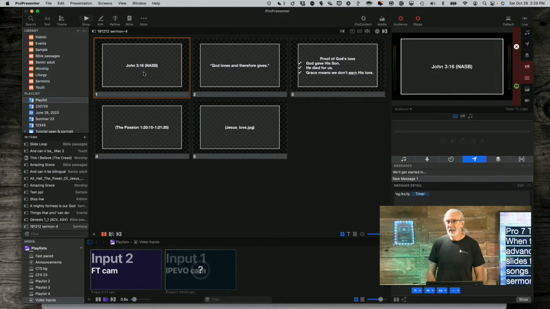But I'm probably not going to leave that up all that long, because after it's being read, people are probably not writing down the entirety of the verse. They've probably got their app open, the Bible app, or they've got a paper Bible. Either way, they don't need to write it down. They've got it. So I'm going to move off of it a little bit faster.